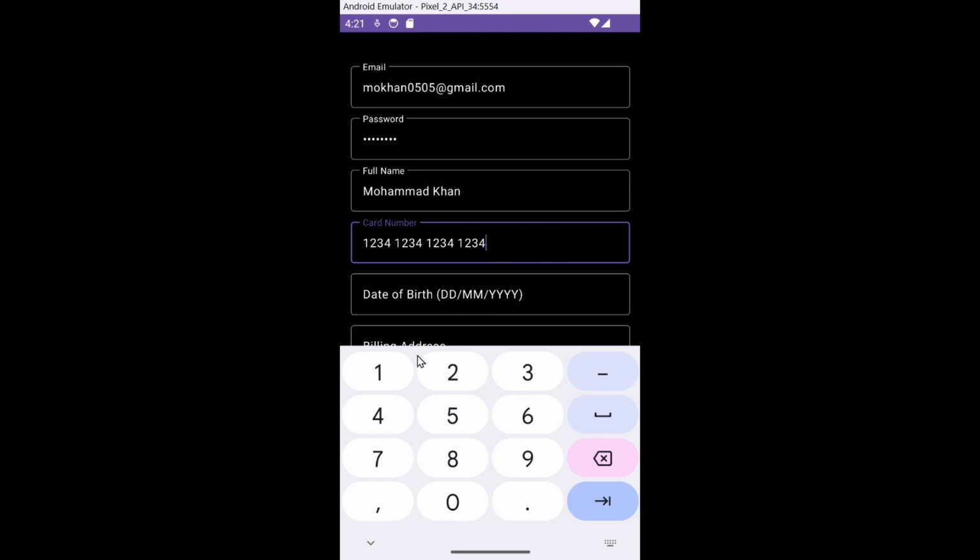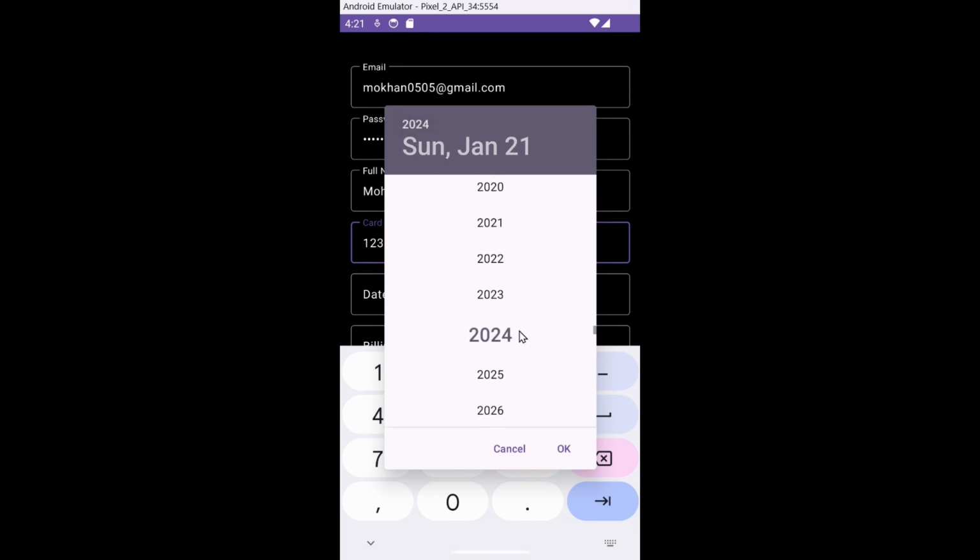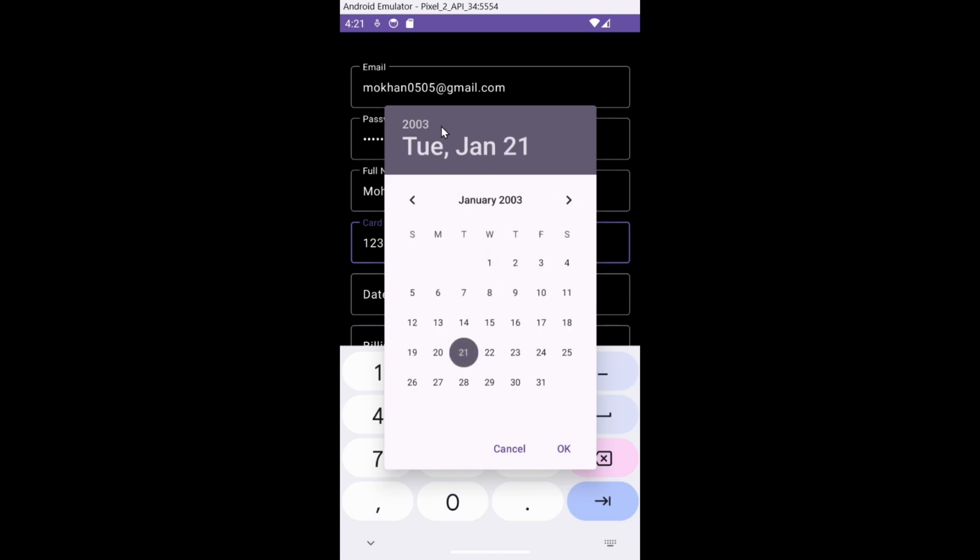And then as for the date of birth, we have a date picker because I tried implementing it so that as you type your date gets filled in, but it was impossible because you could never know what someone's date of birth would be, double digits or singular digits. So now I'm just putting in my date of birth, 5th of May 2003,